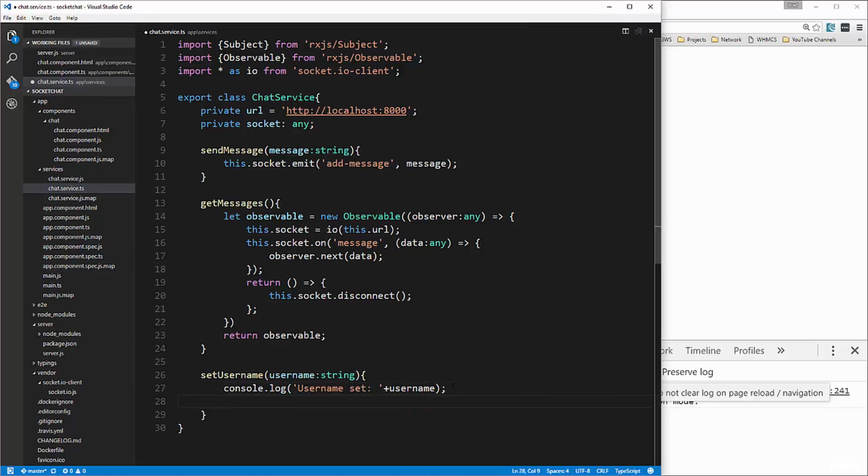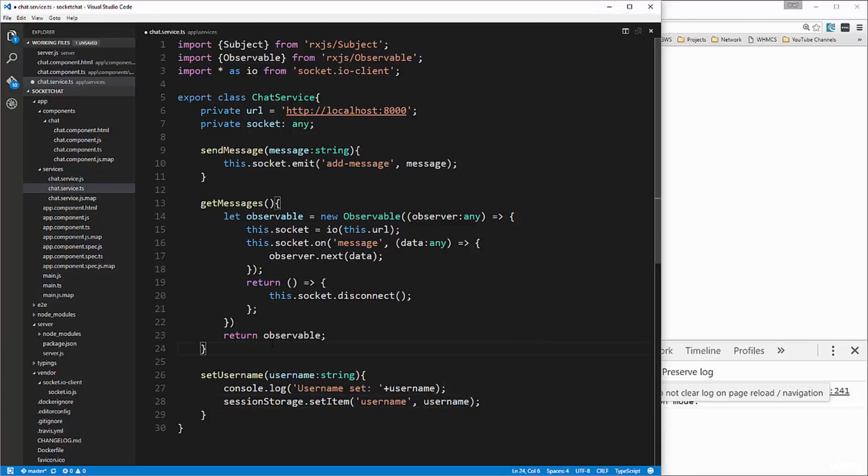And now we're going to use session storage, which is the same thing as local storage, except it'll clear when you close the browser. So sessionStorage.setItem. We're going to set an item called username,